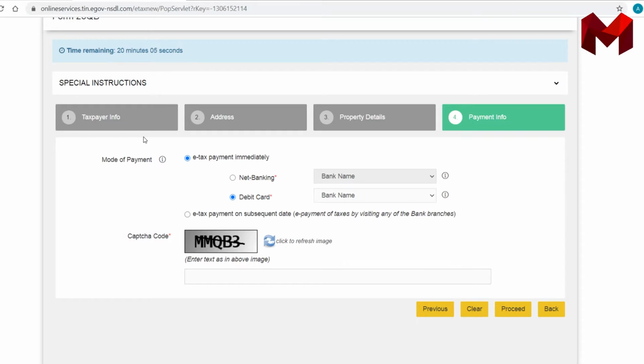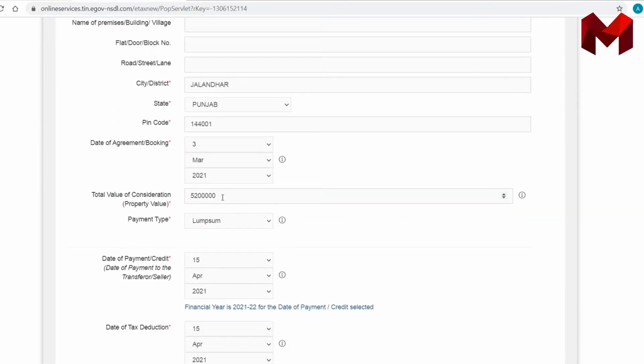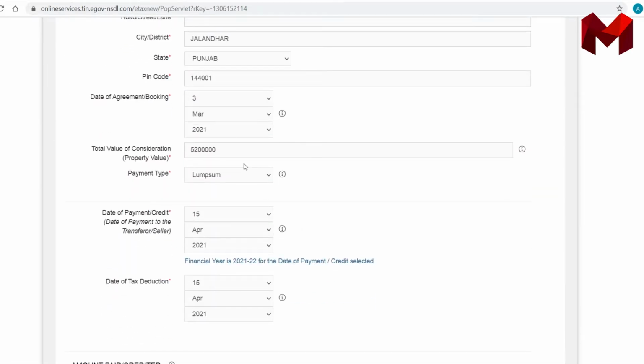You just need to fill the form 26QB immediately, and this will be the payment as well as your return form.